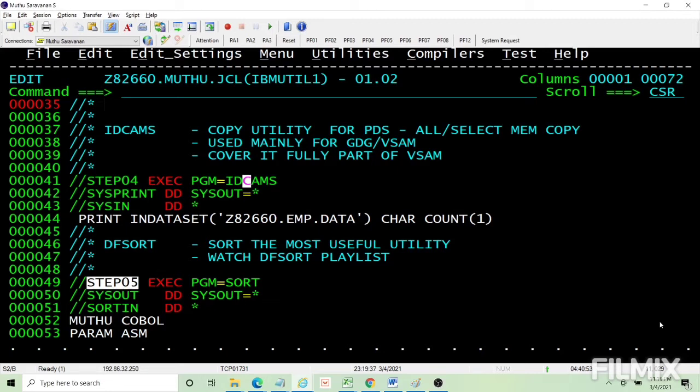So I want to cover those 2 scenarios here. In real time, sometimes you may want to know whether a data set has some records or is an empty data set, to decide what to do with it. At that time you call the print functionality of IDCAMS. Print, give the data set name and count of 1.